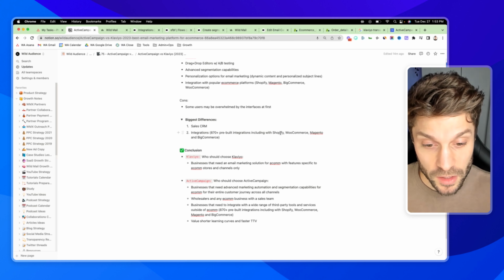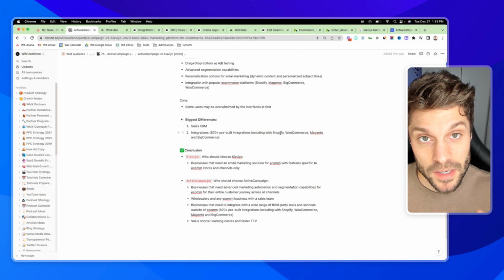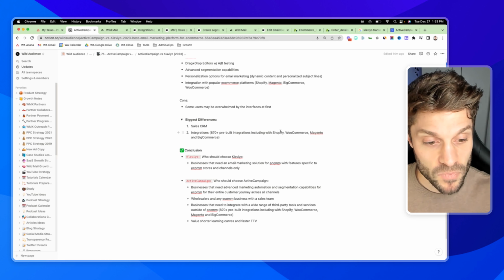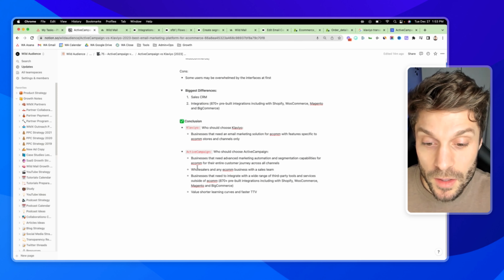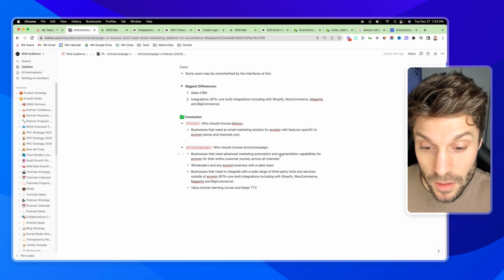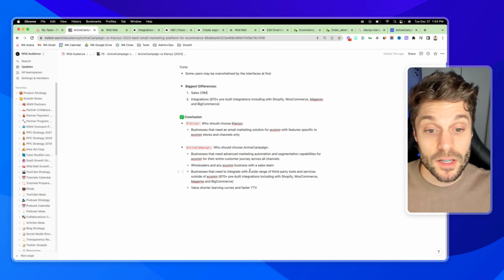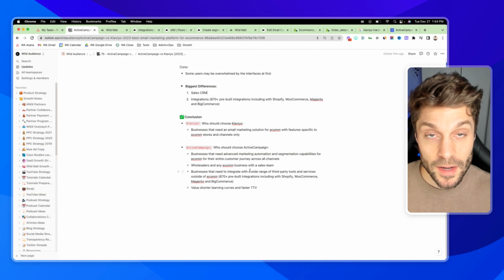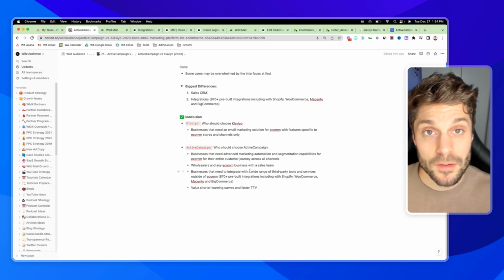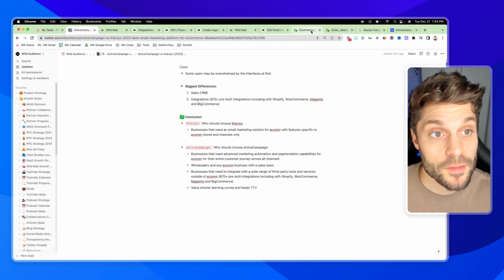Even though the majority of what you can accomplish in Klaviyo, you can pull off with ActiveCampaign, and then beyond that realm of just e-commerce, just the shop, with ActiveCampaign, you get advanced marketing automation and segmentation for e-com and for the entire customer journey across all channels. You may take a look at ActiveCampaign. Klaviyo does have a free plan, but with all of their plans,